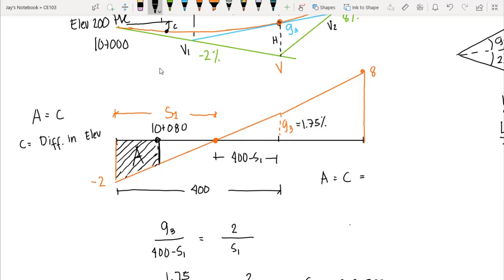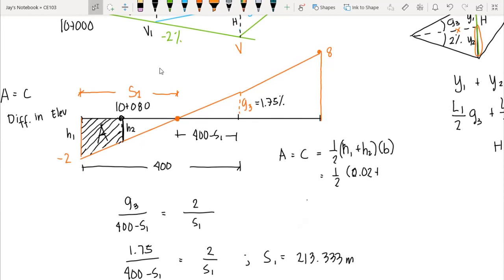So in this case, we compute for our area, which is our C, or the difference in elevation, and this is equal to, now again that is a trapezoid, so we have 1/2 times the height 1 plus height 2 times the base, correct? This is the area of a trapezoid. So we have 1/2. Our H1 is this one here, which is 2%, or we can set that as 0.02. Our H2 is yet to be solved, so we have to